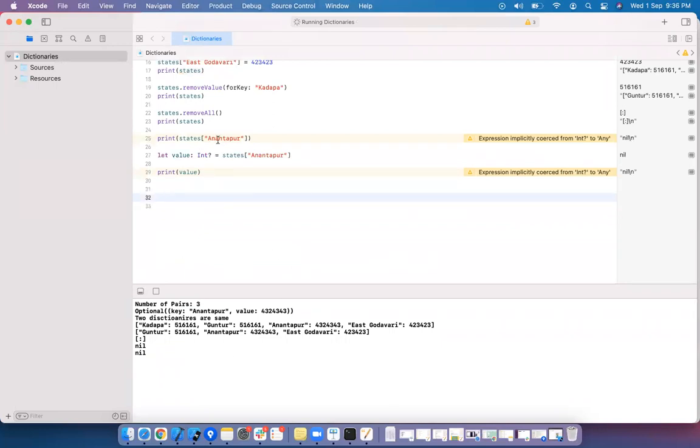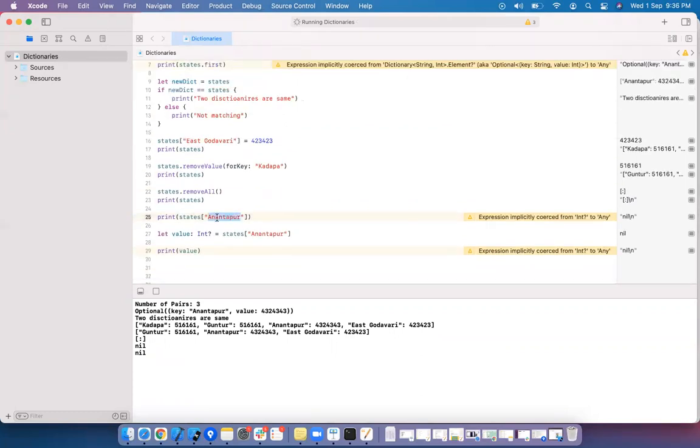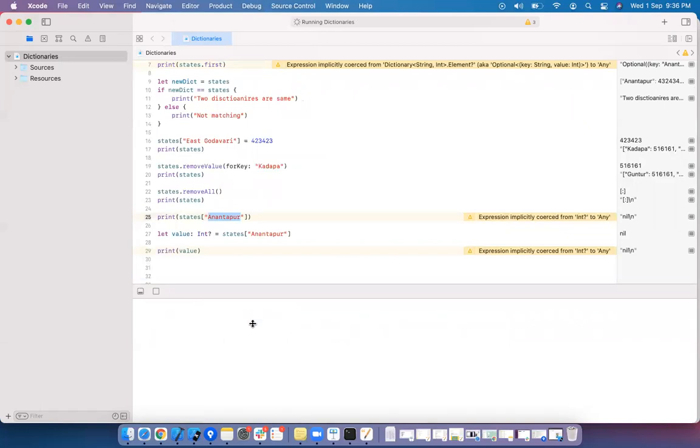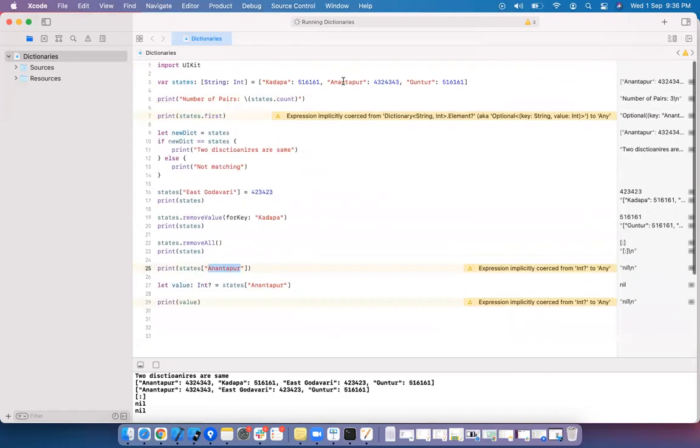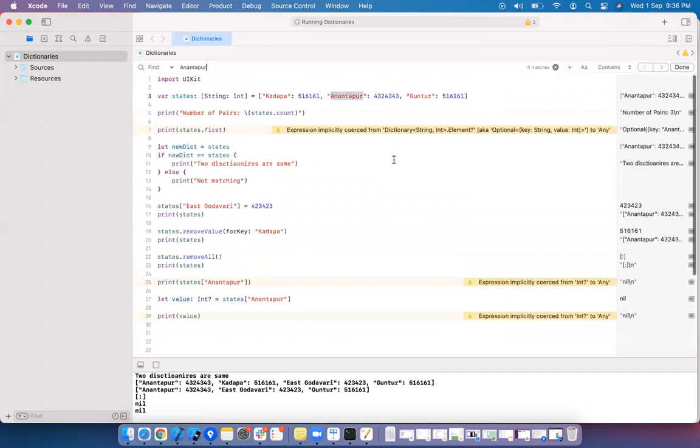See here, for Anandpur, I am trying to fetch the value, which printed nil, meaning for Anandpur there is no value. For Anandpur there is a value. We are supposed to get the value, but not sure why it is removed, because we have used removeAll.